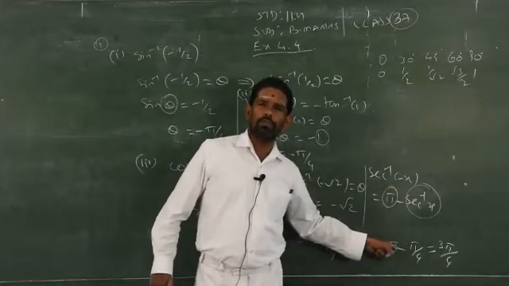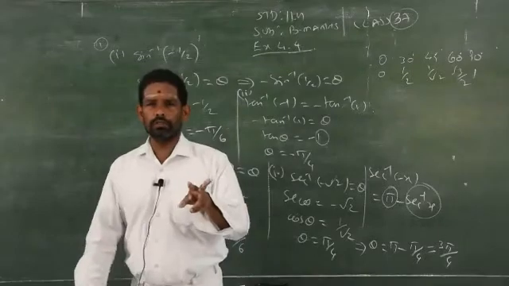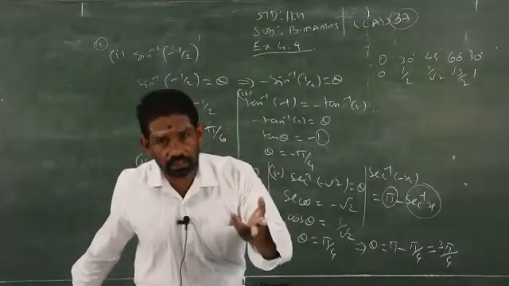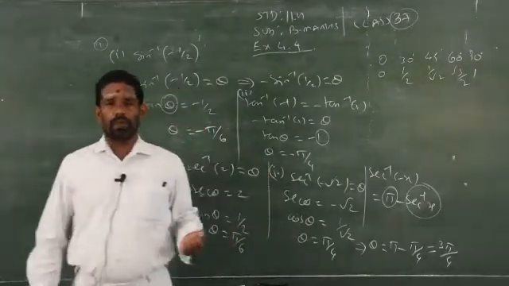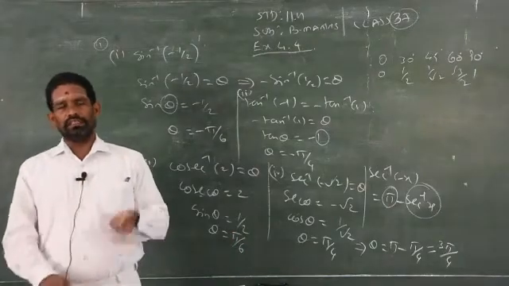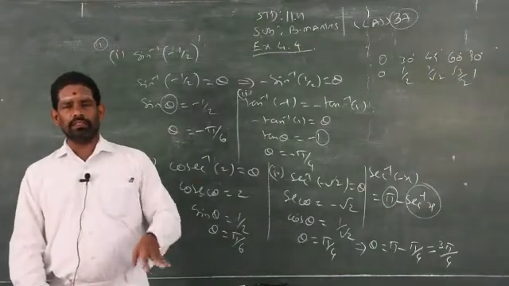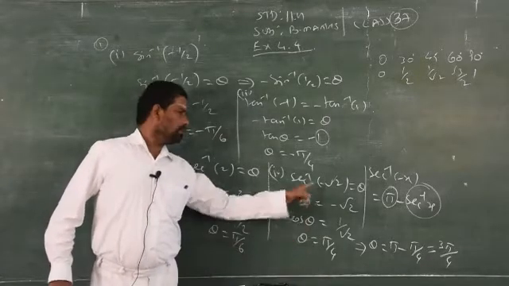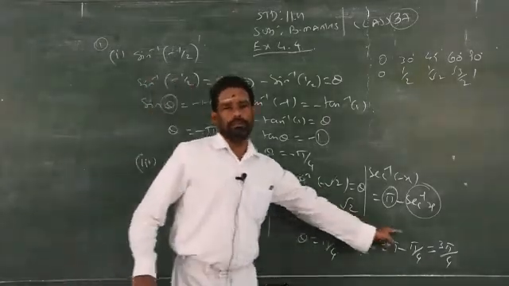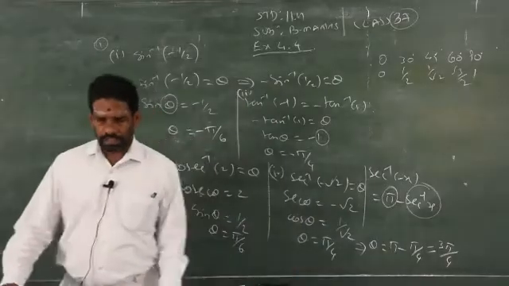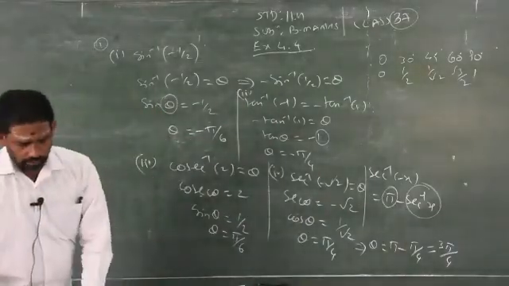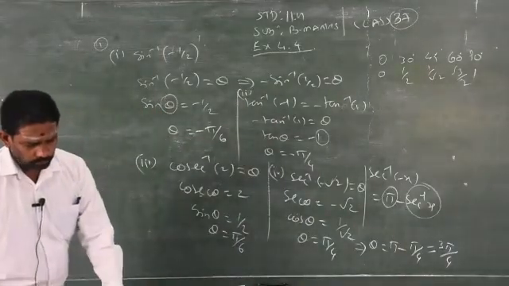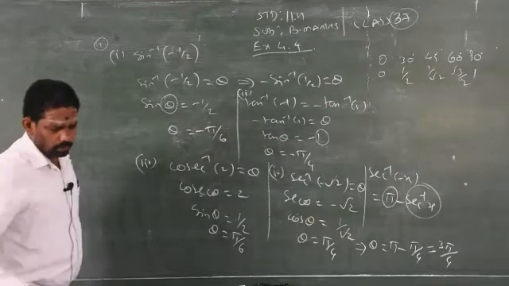This holds true for only two ratios, that is secant inverse of minus x and cos inverse of minus x. If it is secant inverse of x or cos inverse of x, then there is no change, just you have to stop up to this. If there is a minus value, then you go for these steps. Clear? So that is the answer for the first Roman number. Then we will go to sum number 2.